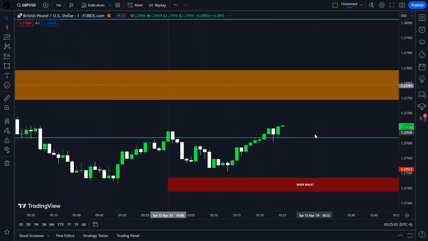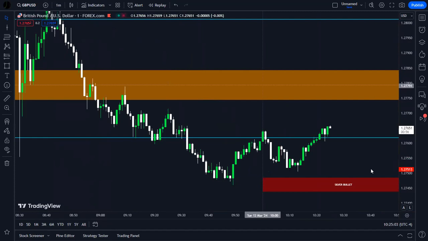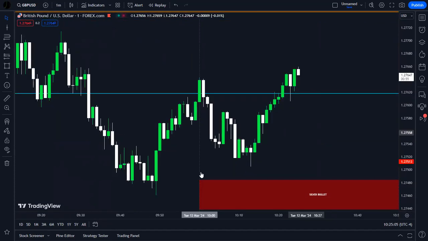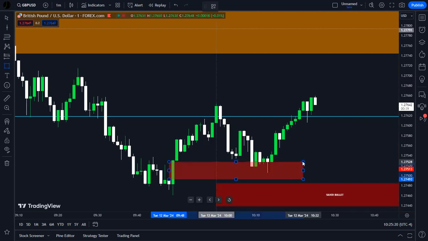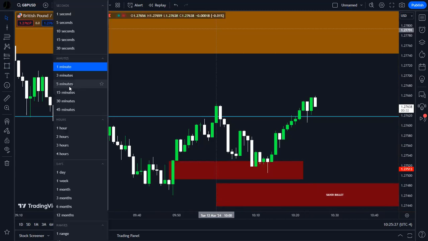Now we have a fair value gap. So this was the market structure shift. It was in New York. It had a lower low, lower high, lowest low shift in market structure. In the silver bullet, as we were coming back into this fair value gap right here, I took my buys right here, right there. So I'm already in this trade, but for the 5 minutes, we have not yet come